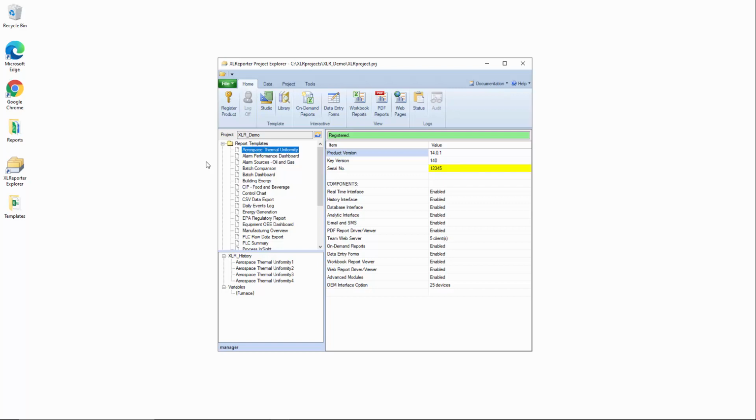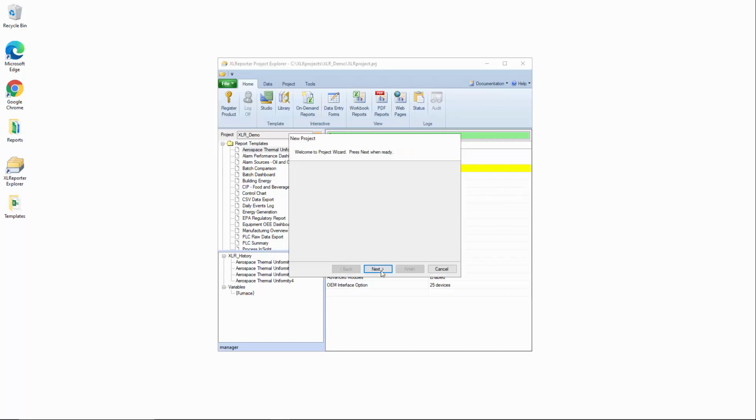But you probably wouldn't want these simulated reports included in your own reporting project. So the first thing we would do is define a new project. And that's done with File, New in the Explorer. The first thing that we need to do is give the project a name. And typically you would name this after the facility where you have it installed or the types of reports that